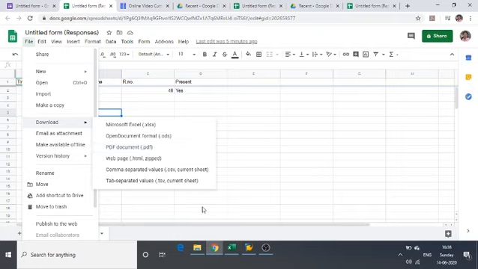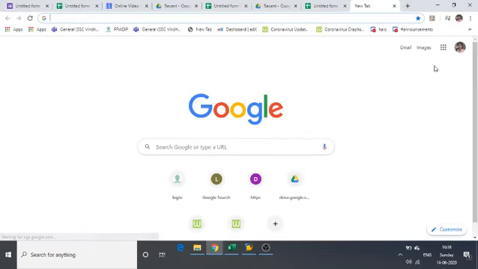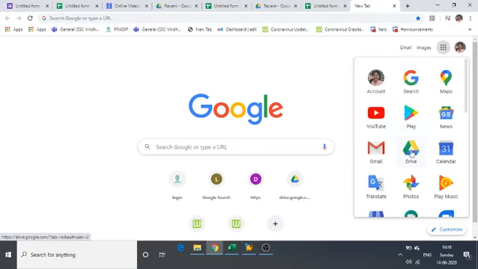Let's check. Now we will open Google Drive. It's very simple. You just open web browser and in right corner you can see Google Apps dots in square form. In your mobile phone there is Google Drive icon, you can use that. Just click on it.